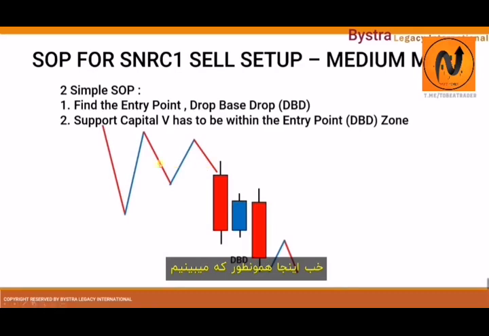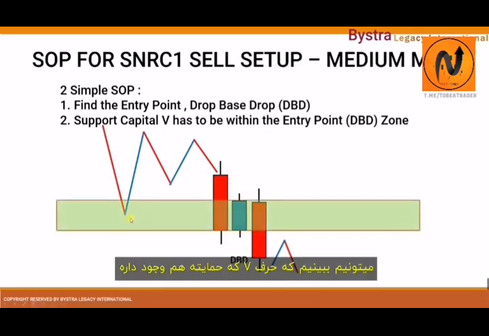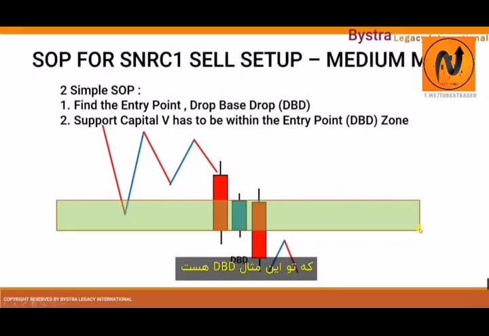So here, as we can see, there is an entry point which is the drop base drop. At the same time, we can see there is a capital letter V support. So first of all, we mark the zone of the entry point, in this case the drop base drop. We mark it so that we can identify that the capital letter V is inside the drop base